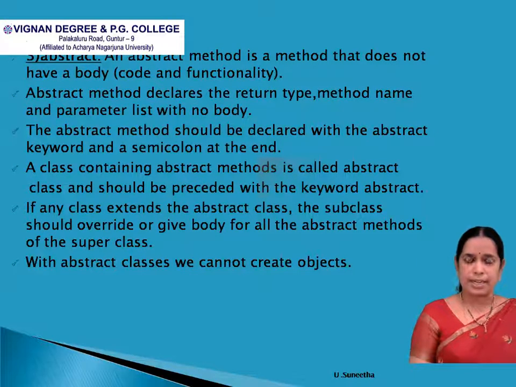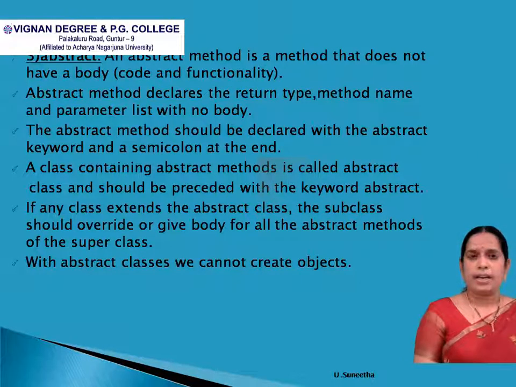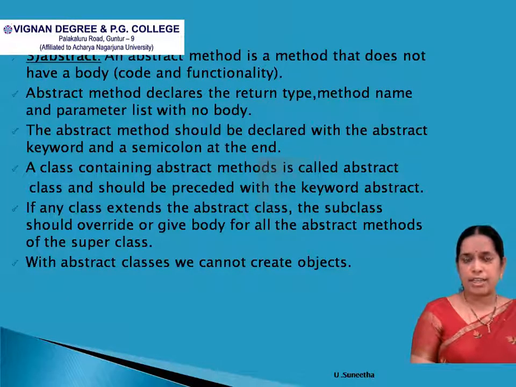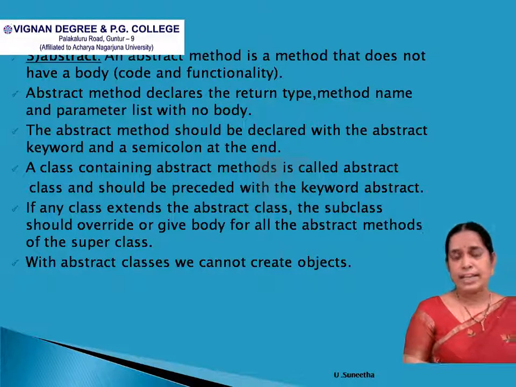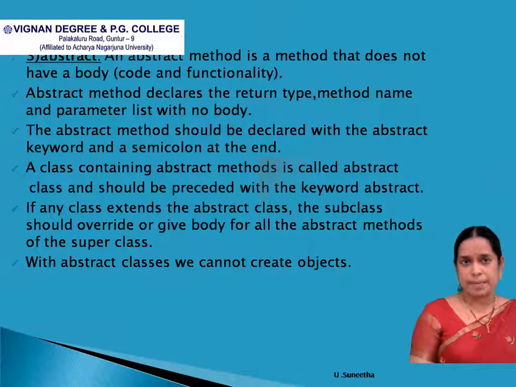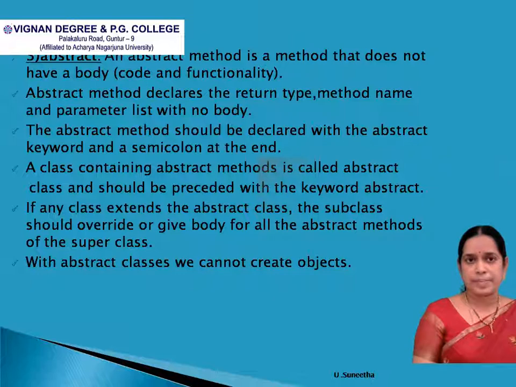The next modifier is abstract. Abstract is a keyword that is generally placed before a method or before a class. Abstract methods are methods that do not have any body. They are generally written in the superclasses. And since they are written in the superclasses, they have to be overridden. That is, their body has to be provided in the subclass. And any class that contains an abstract method will be treated as an abstract class. And if a class is treated as abstract, we cannot create objects